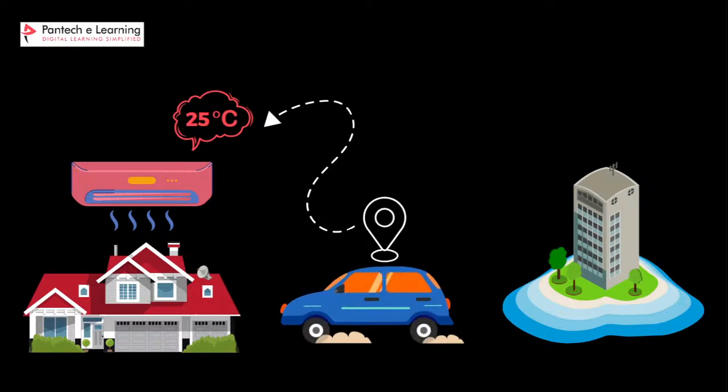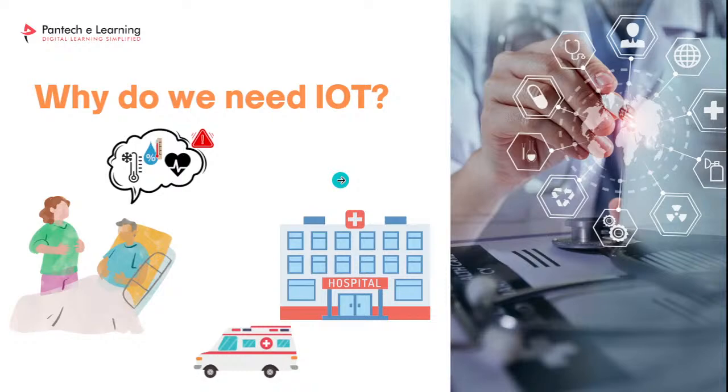So to get a clear idea about why we need IoT, let's go with an example. No need of a third person. Okay, so see this example. Just imagine that there is a patient at home. He's on constant life support where his status is being checked by a health monitoring system which is present on the cloud. So let's say at a point there is a certain issue with respect to his health, and there is some irregularity with his heartbeat, or his blood pressure is low or so.